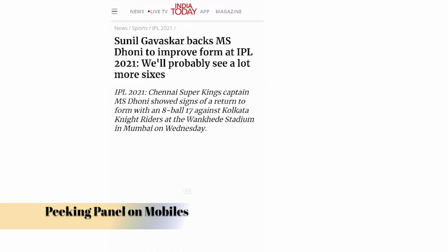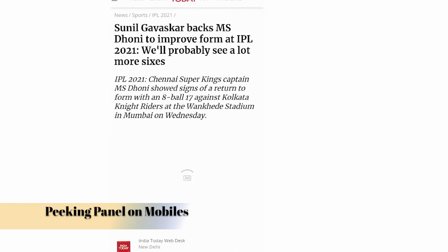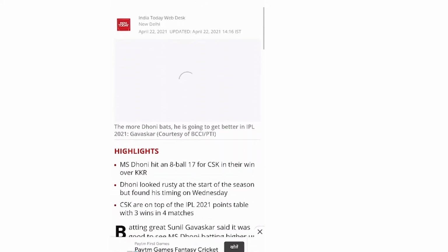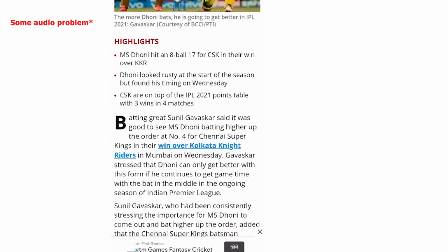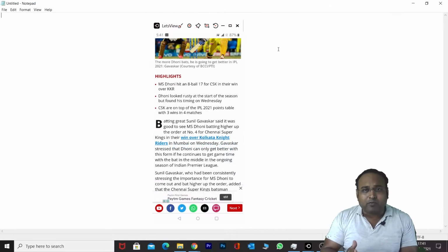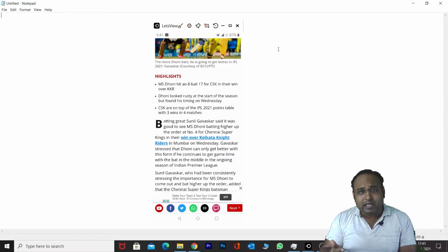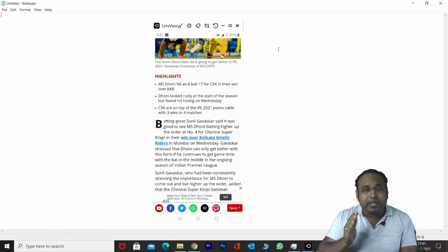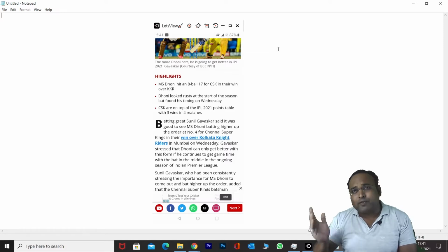The moment you open the link and you're going through the news, there are various times you come across different links inside that particular news which you are reading. If you want to go through those links, then the moment you click it, it will open in a different browser. With this update of Google Chrome, when you are reading a particular news and you come across a different link and you want to read that as well, you need not click on it and go to a different browser.